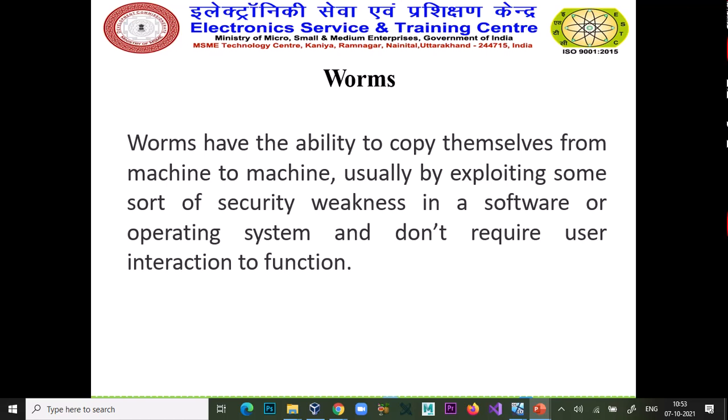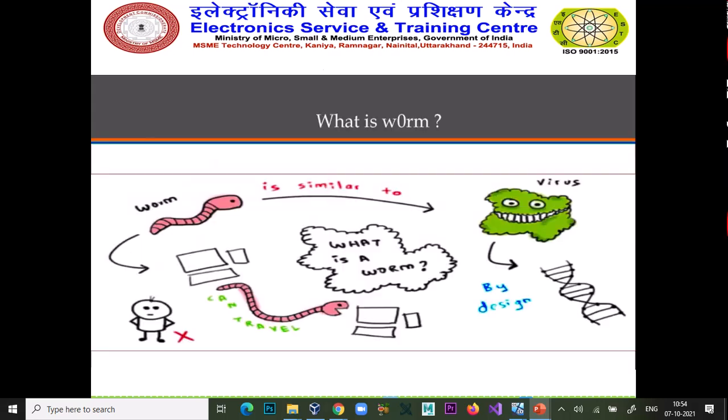If a worm comes to your system, it will definitely harm you more than a virus, because a virus needs human interaction to spread, but worms replicate themselves. So this is the worm structure. A worm is similar to a virus, but different in its nature.